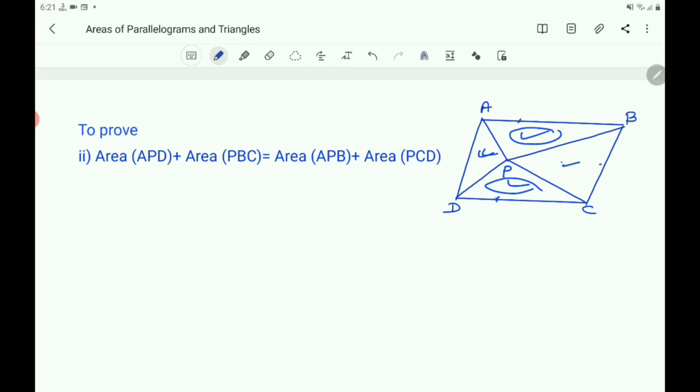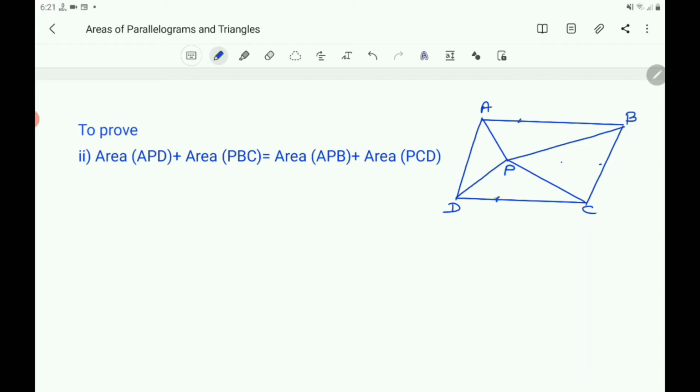So let us prove the sum of the areas of triangle APD and BPC is also half of ABCD. Then to prove that area of triangle APD plus area of triangle BPC equals half of the area of parallelogram ABCD, we have to